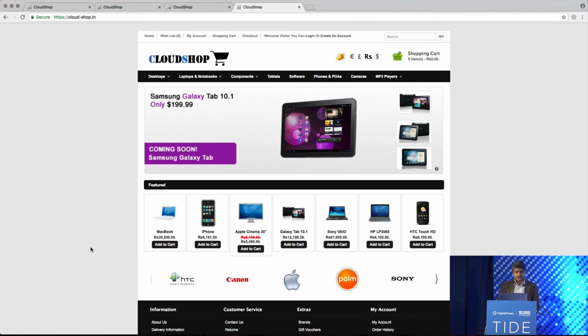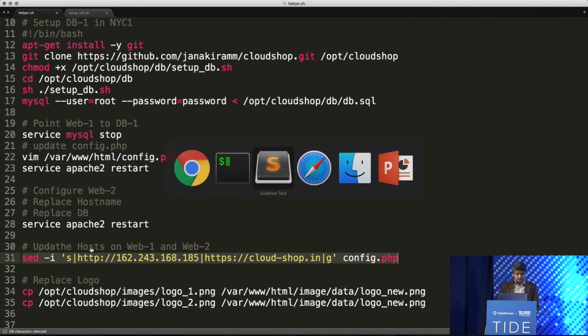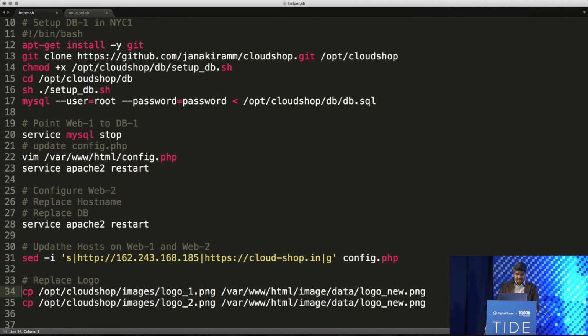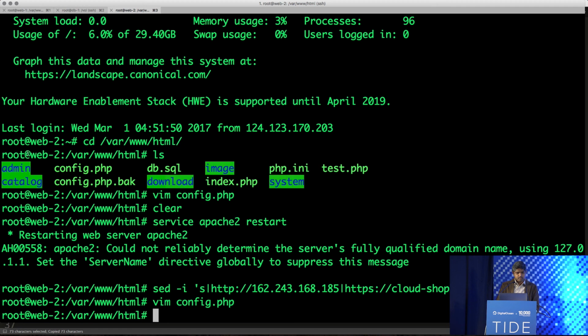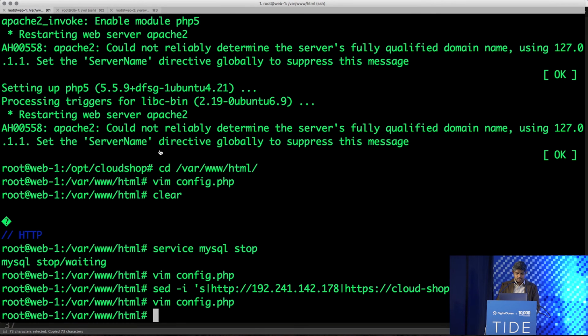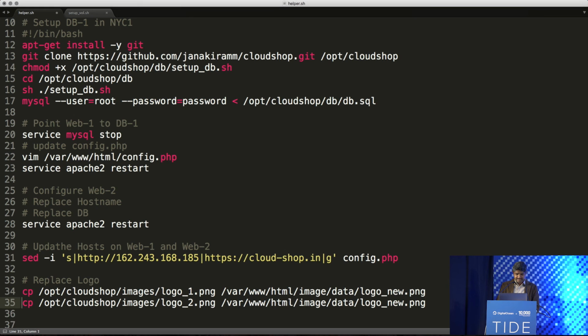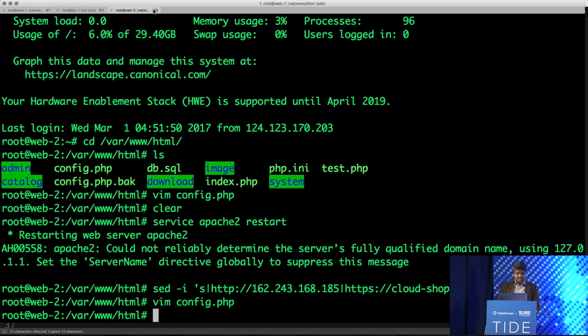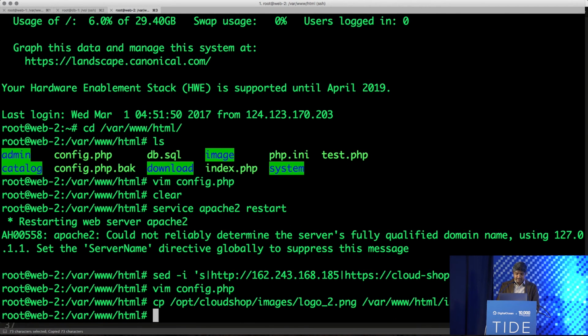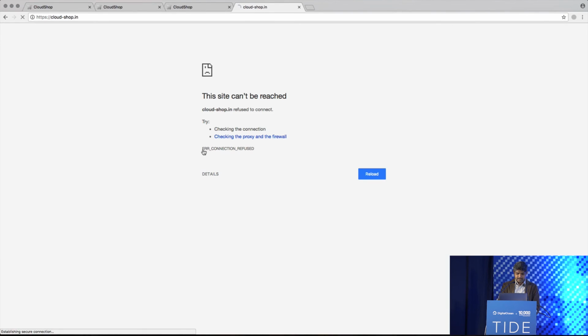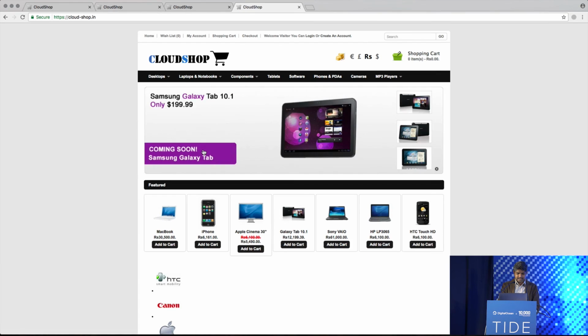But what is the proof that the traffic is actually getting routed to both the servers? So what I want to do is update the logo. On the first box, web 1, I'm going to replace the logo with a logo that actually puts a 1, and I'll do the same thing for the second one as well, right? So now when we actually come back and do a refresh, there seems to be some issue with the deployment, but